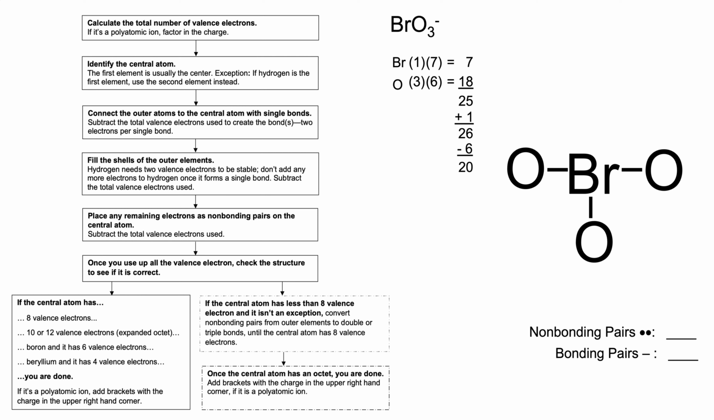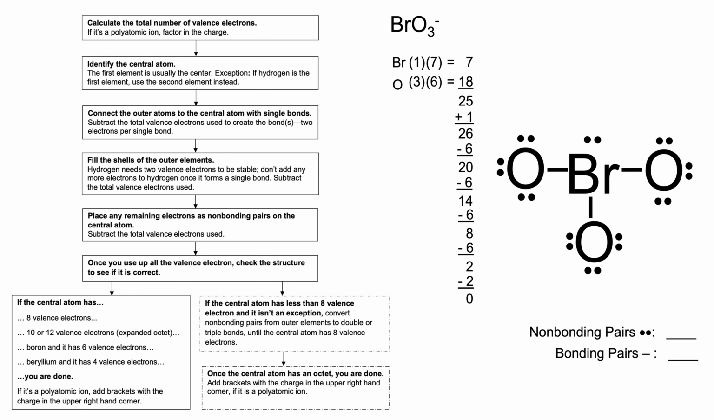I then fill the shells of the outer elements. As I'm filling those outer shells, I'm subtracting. And once I filled all of the oxygen's shells, I have a total of 2 electrons left over. I'm going to place those 2 remaining electrons onto the central atom as a non-bonding pair, and now I've reached